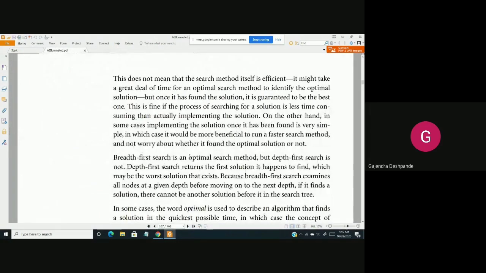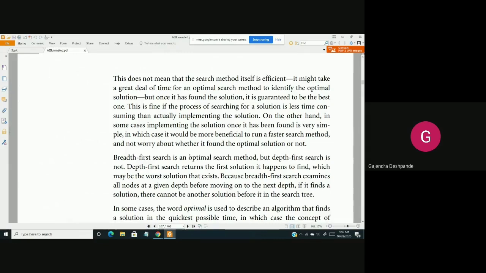So even if the algorithm gives you the optimal solution, we still cannot say that it is efficient, because it may result in other factors. So for example, each method has its own advantages and disadvantages. Let's again consider the analogy here. When you want to reach from Belgium to Bangalore, if you have an urgency, then you have to take a flight, as I have said, but it will result in more cost. Whereas you can save cost if you use a bus or a train, but it will take more time to reach.